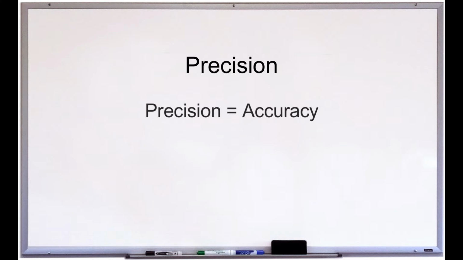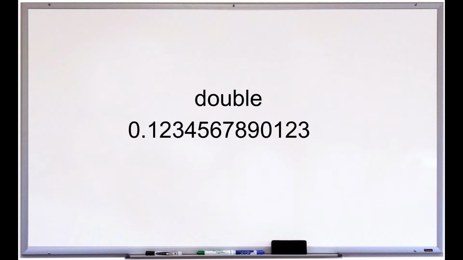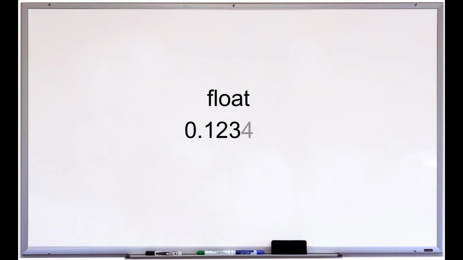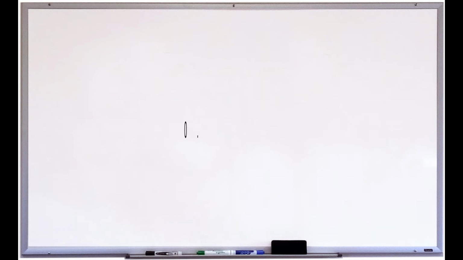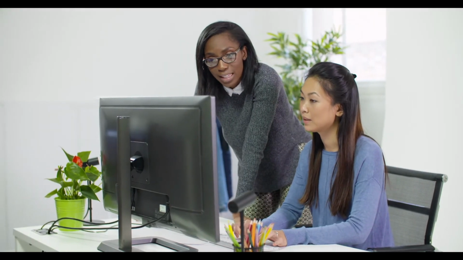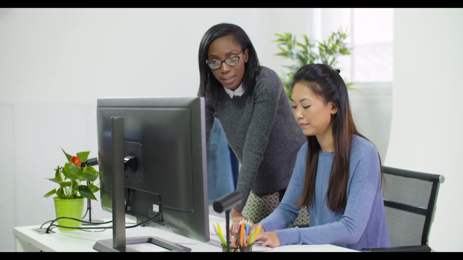Apart from range, these decimal data types vary in precision also. Precision is basically accuracy or exactness. Double has a precision of 15 digits, whereas float has only 6 digits of precision. It means that a double number can have 15 digits after the decimal point and float can have 6. Now all the numbers are covered, whether it's integer, whole number or any kind of decimal number.